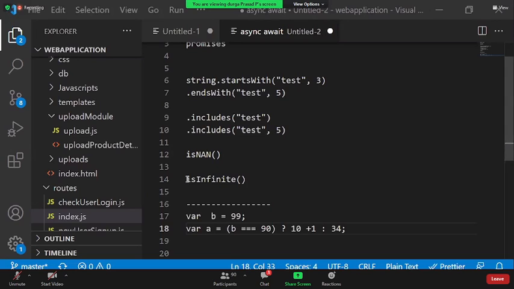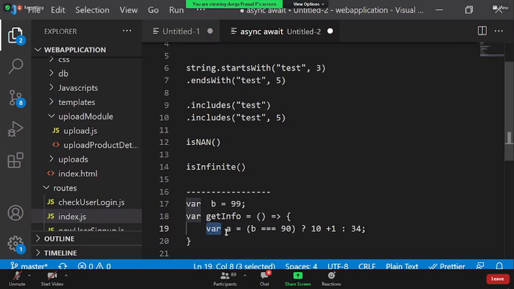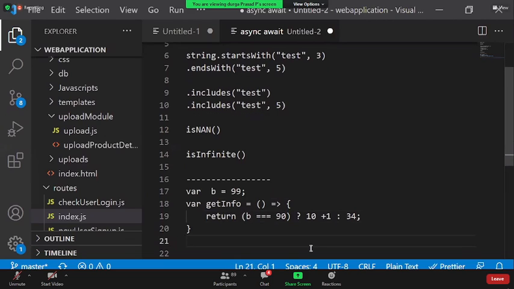Yes, sir. Hemant, do you have the answer for this now? Whatever the question you kept. Are you clear, Hemant? It was in a function, sir. It was in a code, I mean, it was inside a function. Can I put that entire thing, sir? Yeah, you can simply put a function, right? Say something called var getInfo, something like this. Now, instead of this var, you can simply say return, something like this. Got it?